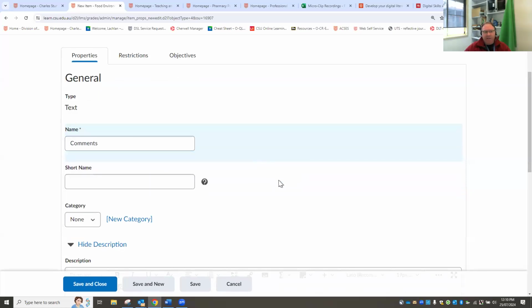And we've added in a text column. It's not going to have any impact on that final calculated grade. And at the moment, this column, when we create it, will be visible to the students. Now, if I want to hide it from the outset, I can in fact go across to this restriction section